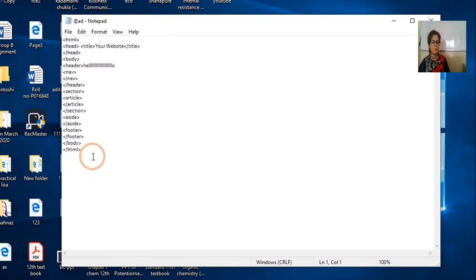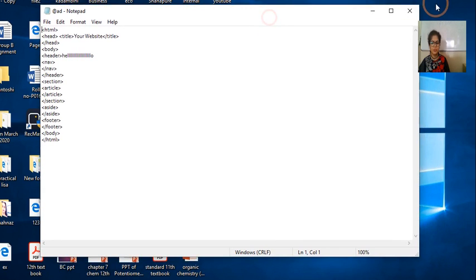Let's suppose we have written the code in Notepad: HTML, head, title, head close. Inside the header tag, I have given the word hello. So I'm just showing you the header. The word is hello, and this is the navigational, end of navigational, header. So this is the same code. Now let's check the output.